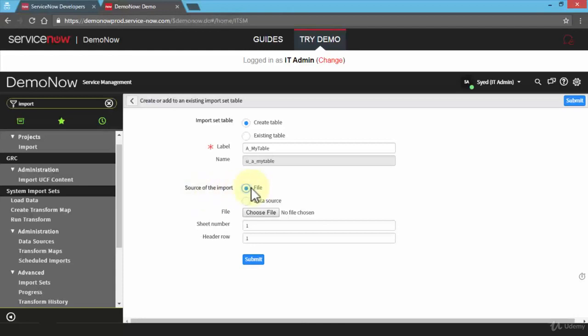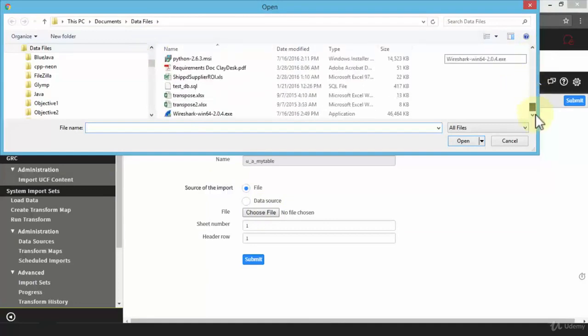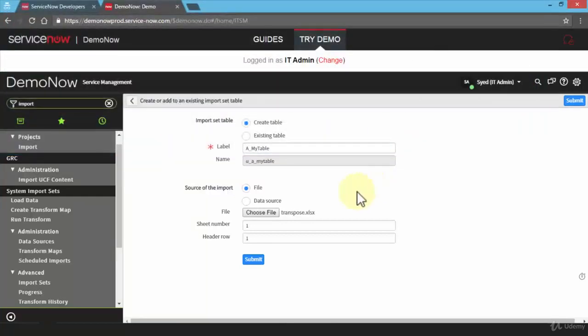So let's go ahead and select file, and then of course the choose file button appears. I'm going to go ahead and click on choose file. Brings up my Windows Explorer. Let's navigate down to a particular file. So let's say it's called transpose.xlsx. So just a sample file. So highlight the file, click open, and what this will do is it will attach the file called